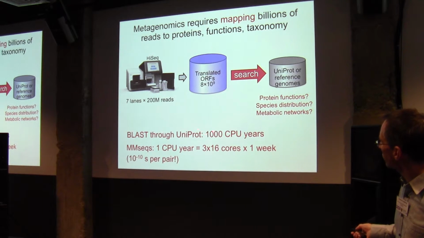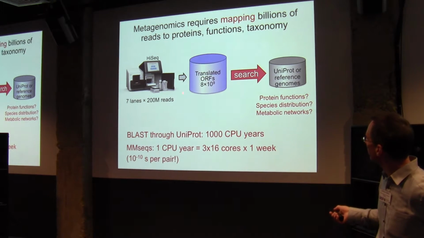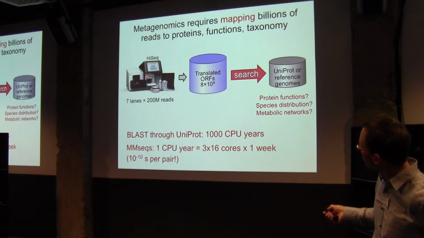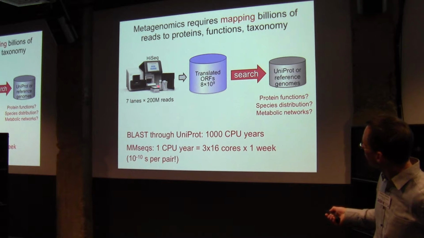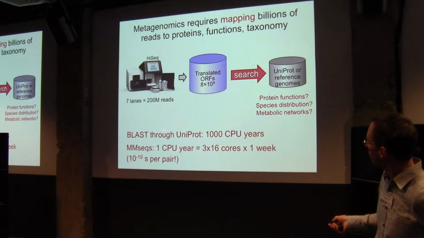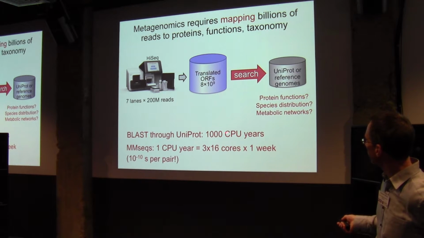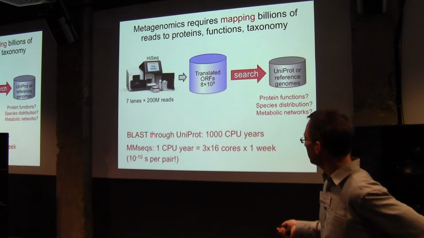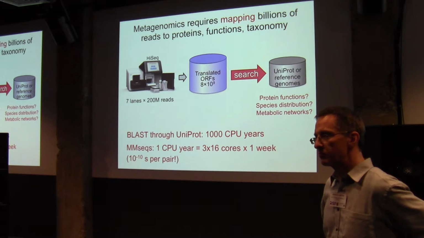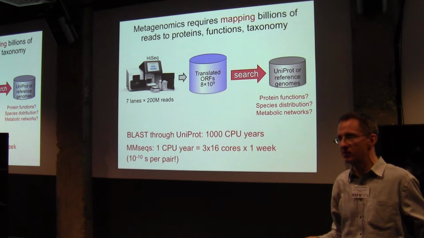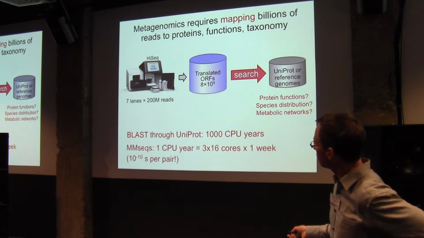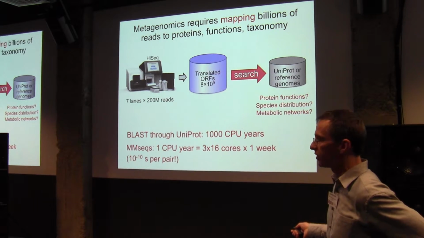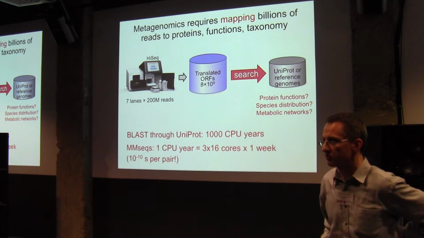So BLAST is, you know, a tool that people would like to use, but if you just used BLAST to work on a 6-frame translation of a metagenomic sample from a single, I guess this is one week of a HiSeq 2000 or so, it would already take 1,000 CPU years just to do the BLAST against the UniProt. So what people do is they don't do this anymore. They either use BLAST but against a small, representative database, but then they're missing a lot of things that they are not expecting, or they're using much slower tools and use the UniProt. And in any case, they try to gain something like a factor of 100 or 1,000.